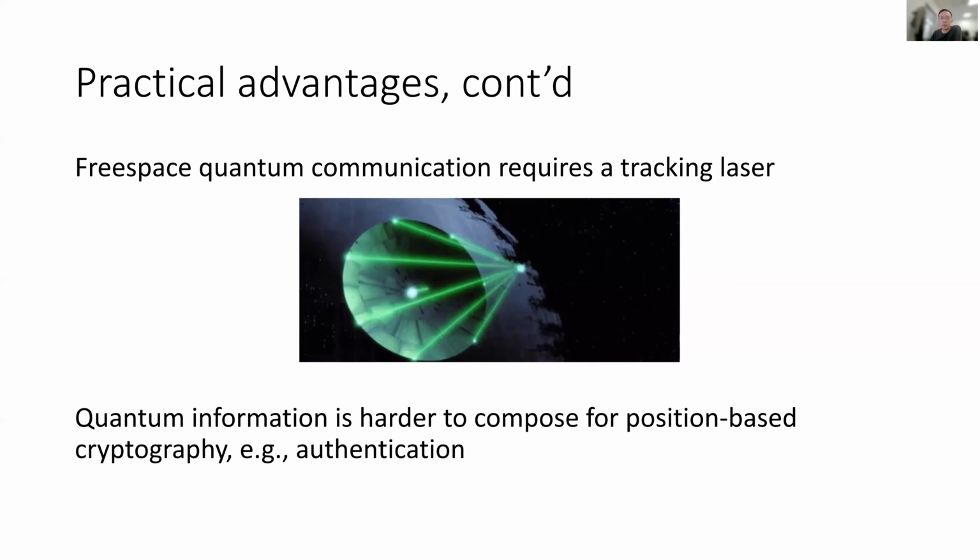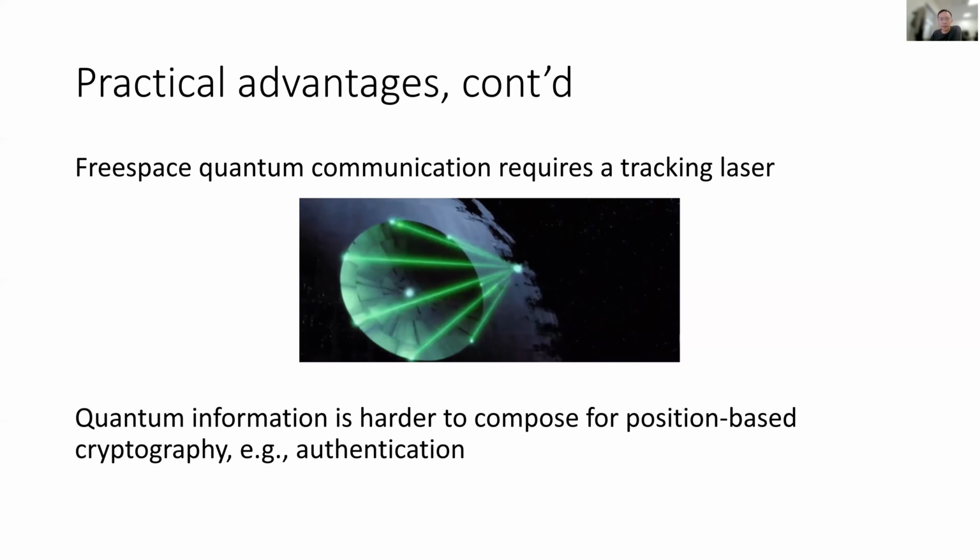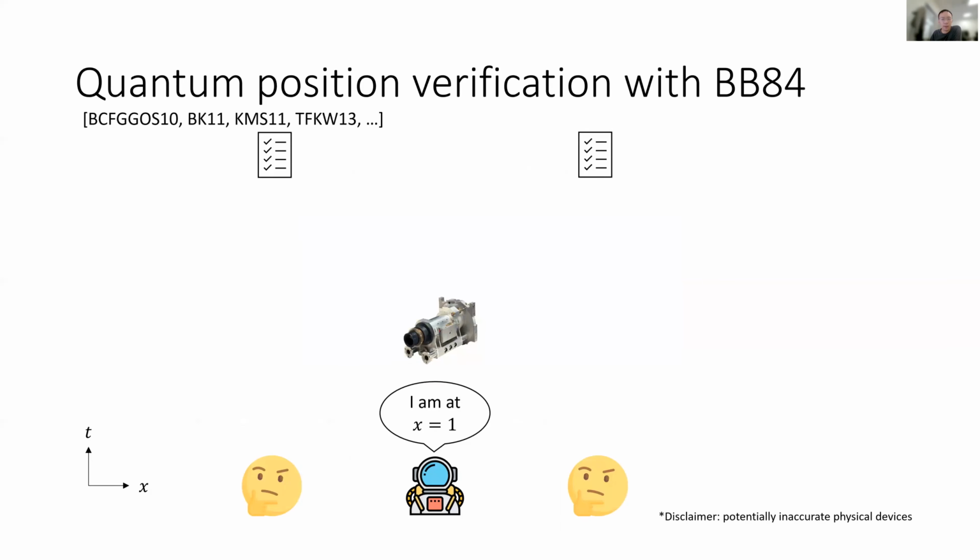Okay, so let me talk about how to get quantum position verification with quantum communication, as shown by previous work. So let's go back to this diagram. The prover is in the middle, and now he has some quantum device. Here I'm considering something that is a measurement device that measures a photon. The protocol that we'll be looking at has the particular property that there is only one message that is quantum. In particular, the first message sent by the verifier on the left is going to be